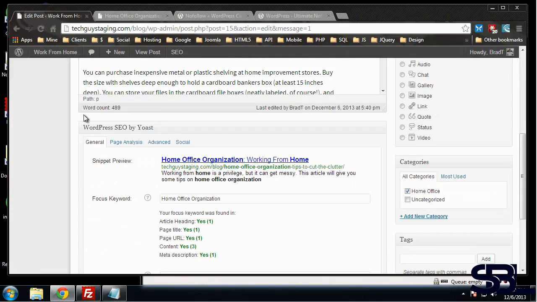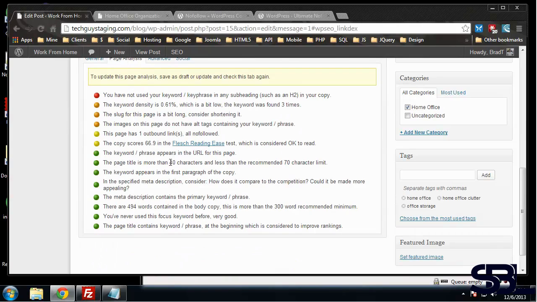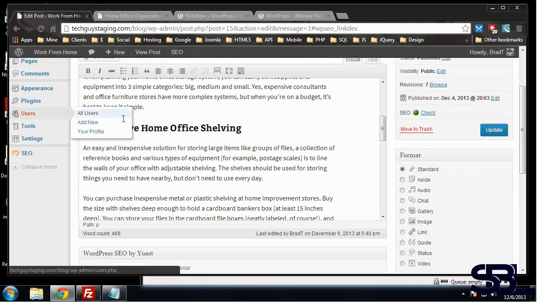So let's see what else we have here. Alright, so if we click on page analysis, it actually gives us a rundown of what is optimized for SEO, what's kind of optimized that could use some work, and then what definitely isn't. So we only have one red mark, which is an important thing that we're missing. This says you have not used your keyword or key phrase in any subheading such as an H2 in your copy. Alright, so let's take a look at our